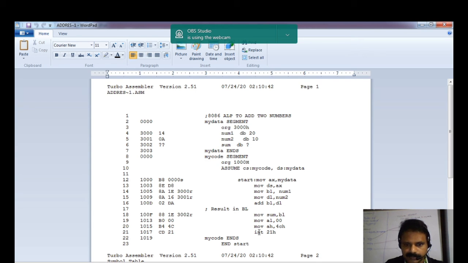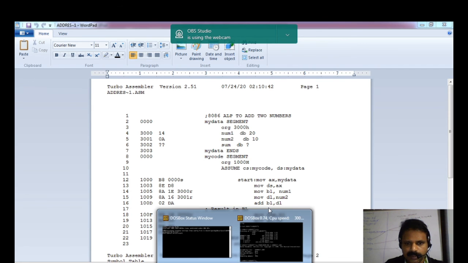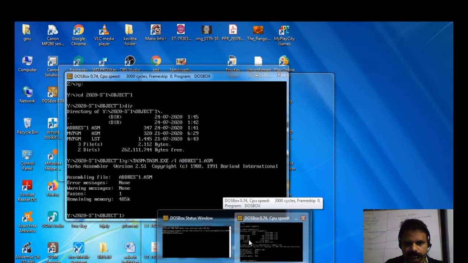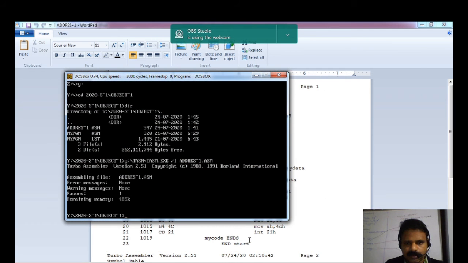And one more thing, don't think that you need a debugger to watch the output of an assembly language program.